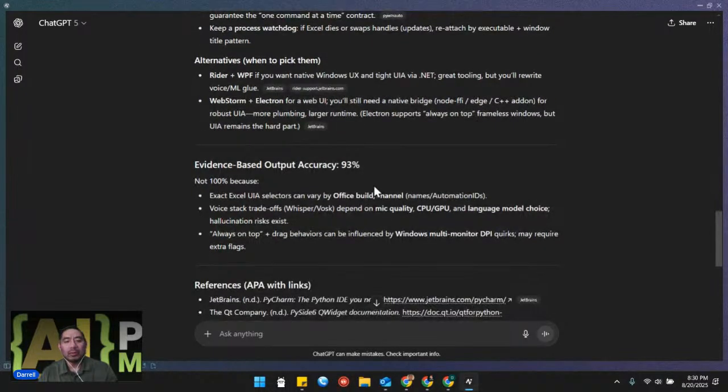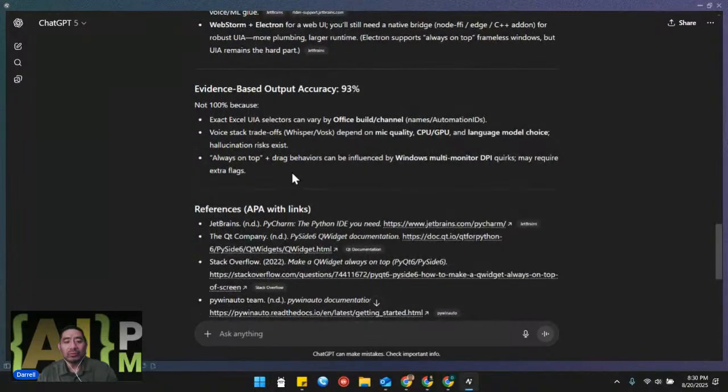So the output's about 93%. Why is it not 100%? Because Excel UIA selectors can be varied based on Office. Okay, voice stack trade-offs. I'm probably going to use Vosk as its voice. I'm going to keep it kind of simple. Always on top, drag behaviors can be influenced by Windows multi-monitor DPI quirks. This is where I had an issue in the past when I built my Agent Excel a while back, but we'll see. I'm probably going to leave it as is and